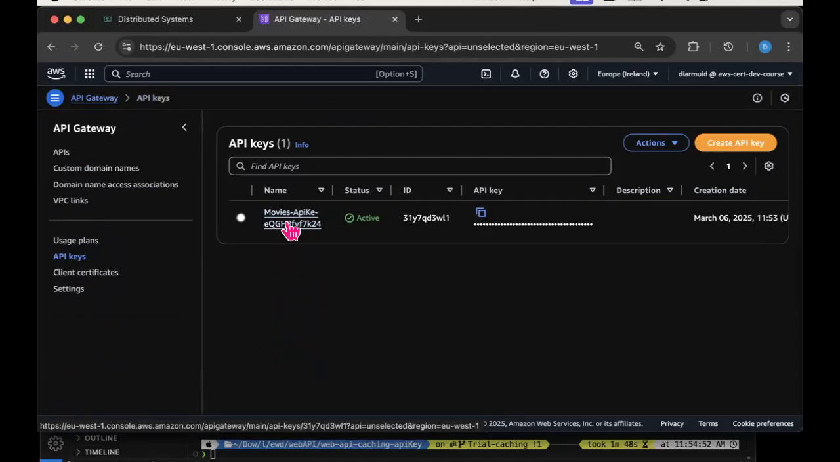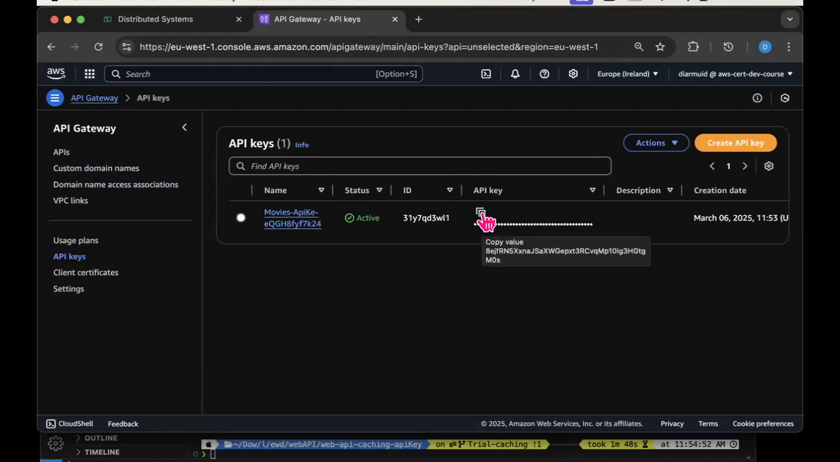And that key, this is the actual key value itself here. I mean, we don't really need to see it. It's just a big long string. But if I copy that, and if I go over to Postman,